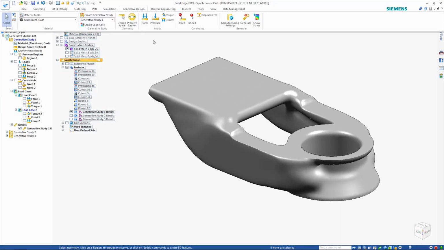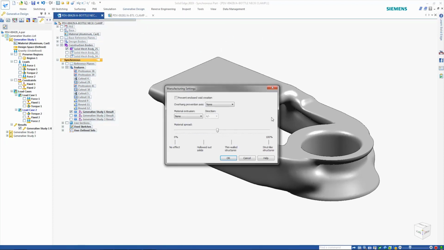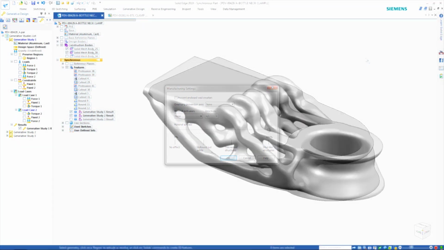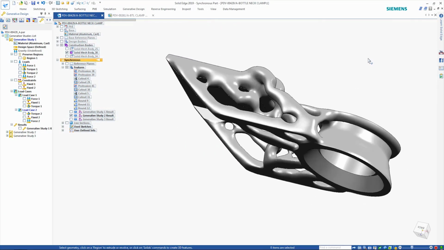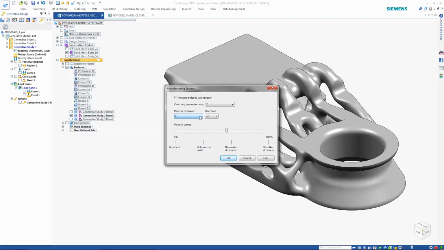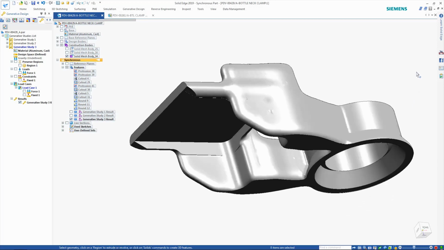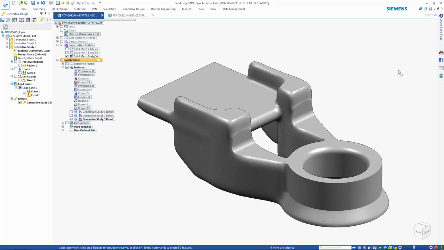If we look at this initial study, we see a result similar to previous versions. However, there are some new manufacturing settings that allow control over the distribution of material. The results of this can be seen in the second study, where the material is more evenly spread across the part. Other enhancements allow the creation of an optimized design that could be manufactured using regular subtractive machining rather than